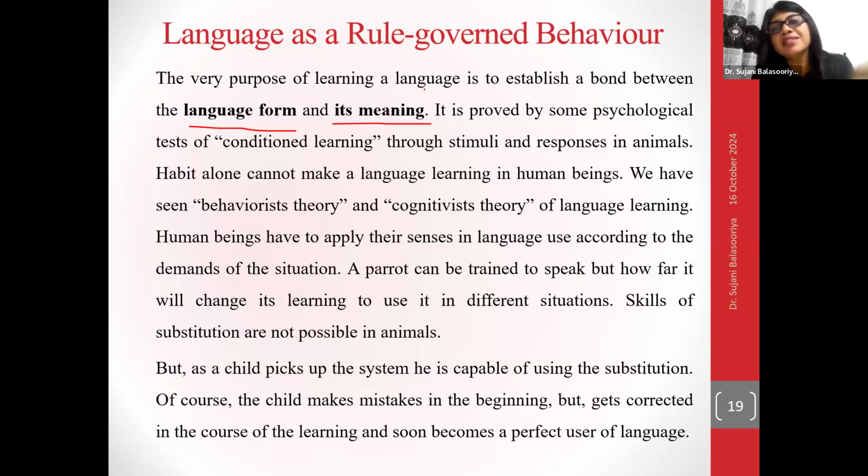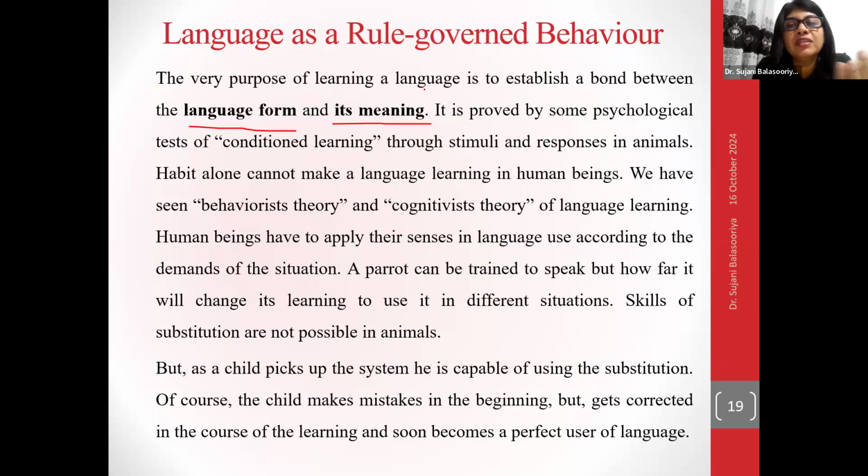Symbol and its meaning. So what is being represented by that symbol? Meaning is that. Like if you say pen, pen is the language form. I pronounce it, pen, so that is the oral symbol. And meaning is the particular object which we visualize when we hear the word pen, right? The object which is represented by the symbol pen.